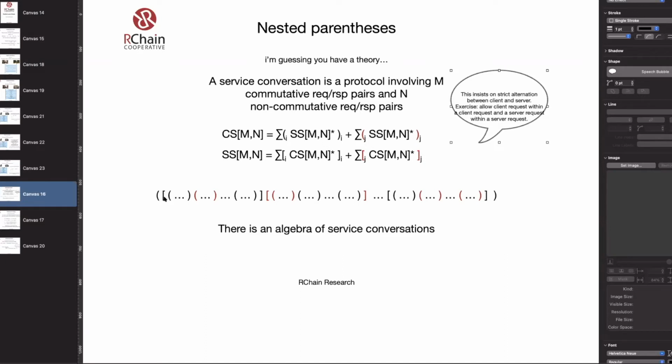So this token doesn't even exist or isn't tradable until you've opened this paren. Once you've opened this paren, then this token becomes available, and then this token becomes available after you've opened this one. Do you see what I'm saying? That I think is quite exciting, and it's something that no one has explored to the best of my knowledge. So things like escrows and all that could be implemented with this.